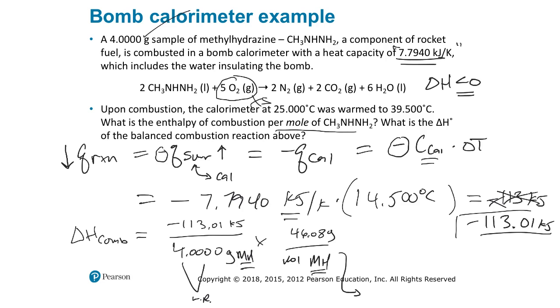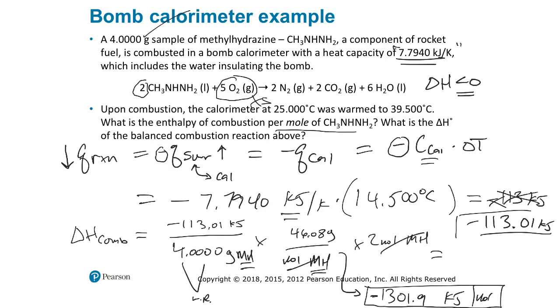Gives us an enthalpy of combustion of 1301.9. It's still negative. kJs per mole. And then if we want the delta H of the reaction, notice that there's 2 moles of methyl hydrazine. So all we have to do is say, well, there's 2 moles of methyl hydrazine. The enthalpy of combustion is minus 1301.9 kJs per mole, 2 moles combusting. Just multiply by the 2 moles of methyl hydrazine from the balanced reaction. So just double that to minus 2603.8